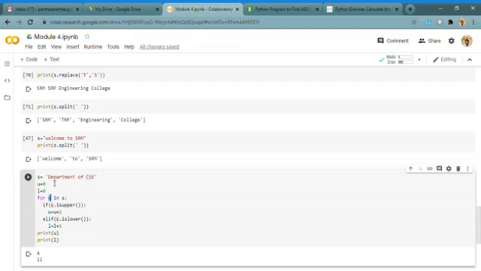Second value, that is E. For E in S, if E is upper, no, it will come over to elif. That is, E is lower, so the lower value is increased by 1. Similarly, it will check the characters one by one, and by using is upper and is lower, it will increment the values. So now if I run the program, you will get 4 uppercase characters and 11 lowercase letters.